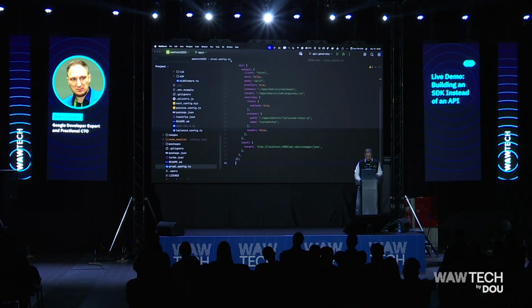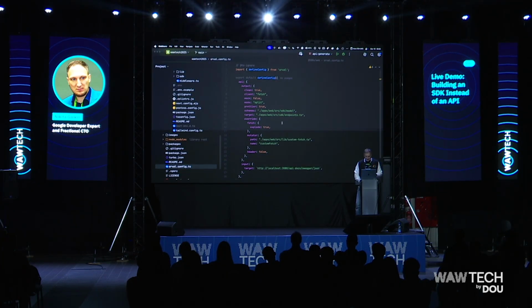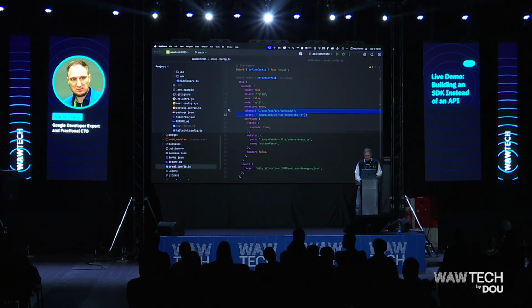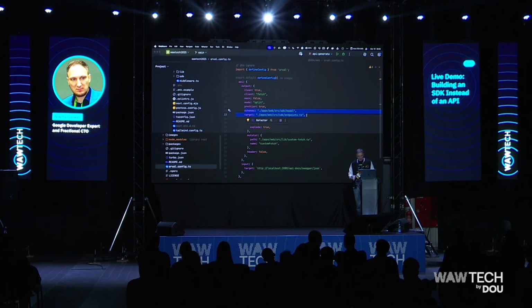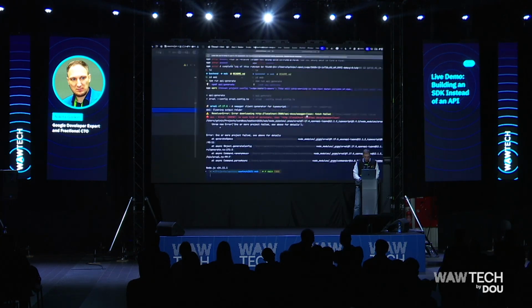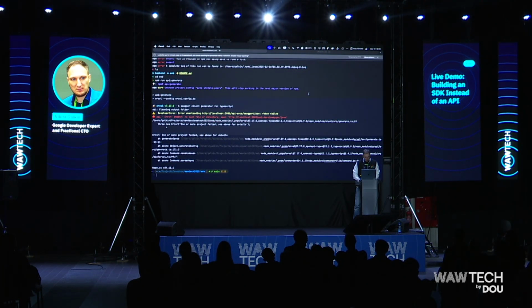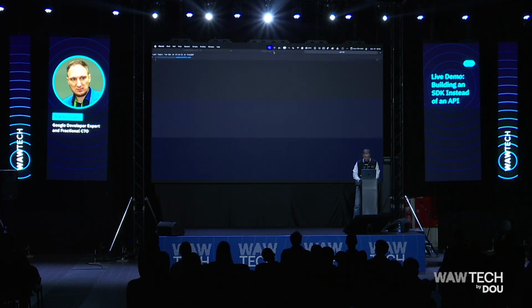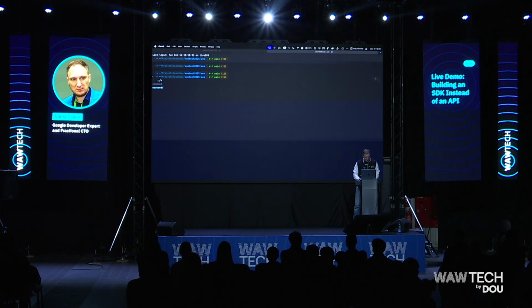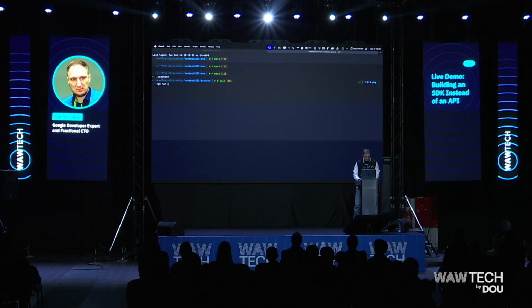So we have this Orval config, and we say: please generate this endpoint definition here. So what we'll do, let's make the font bigger. We'll jump to the backend and start this.